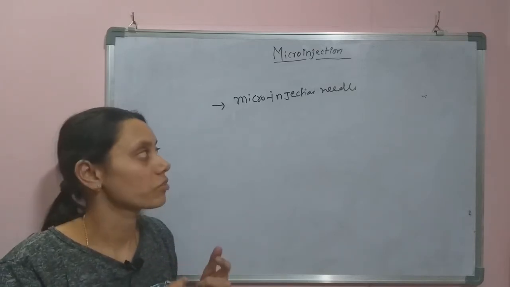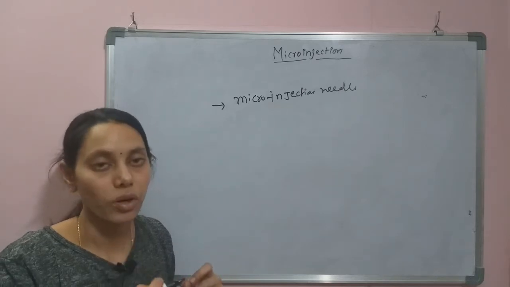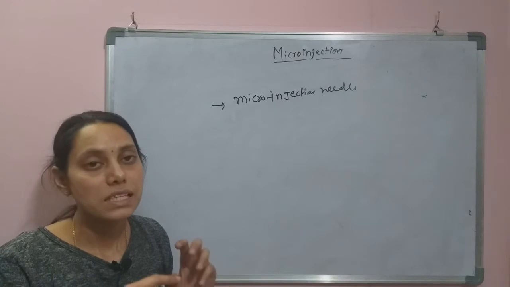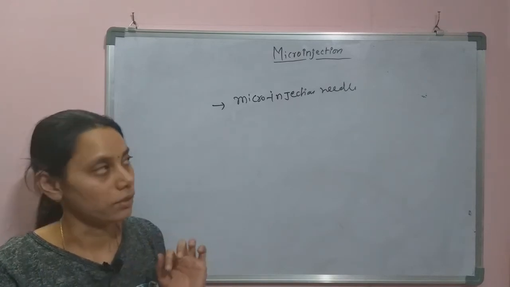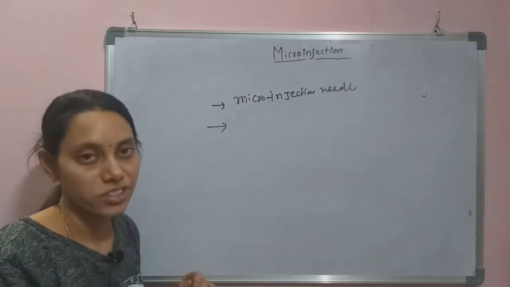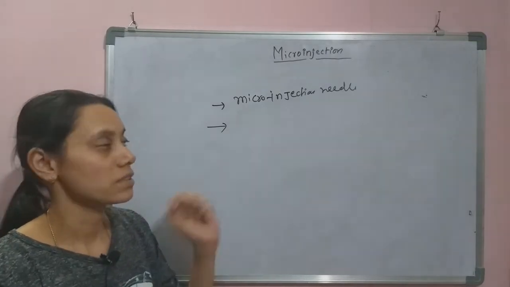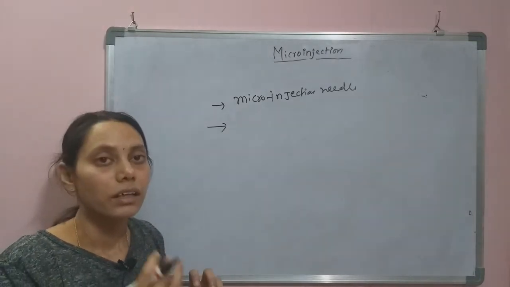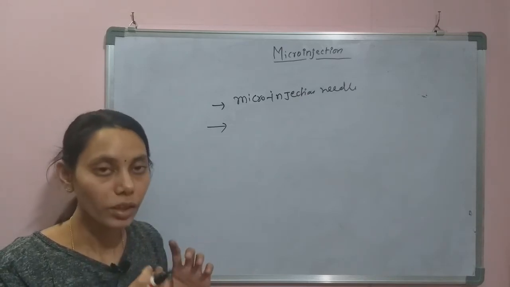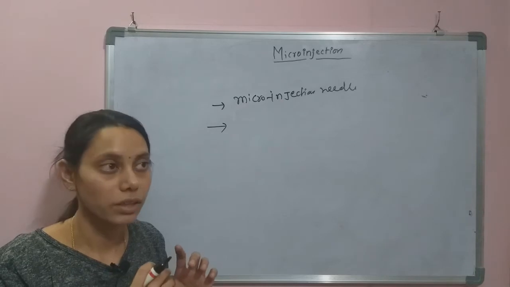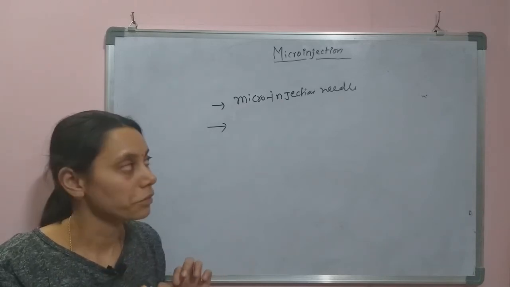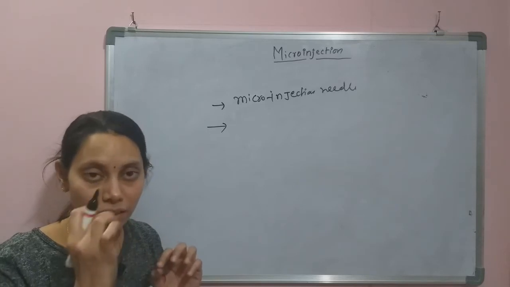The diameter of the microinjection needle is very small, so that it can simply enter the eukaryotic cell. That small would be the microinjection needle. Generally, these needles are made of glass, and the glass tubes are heated until their melting point, and then stretched into such small and thin